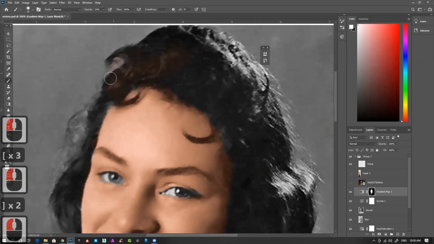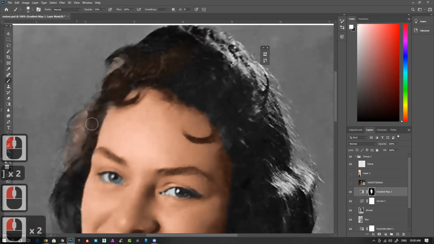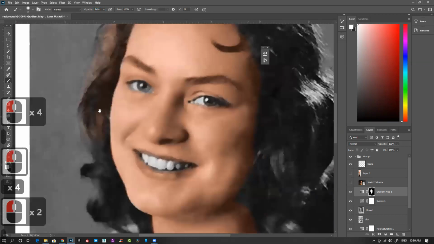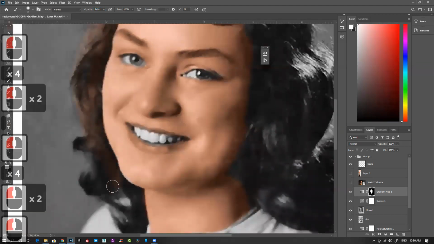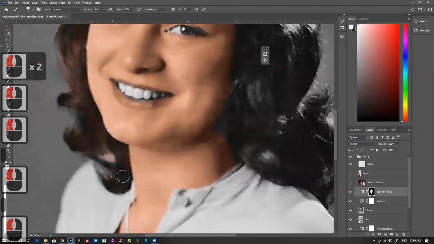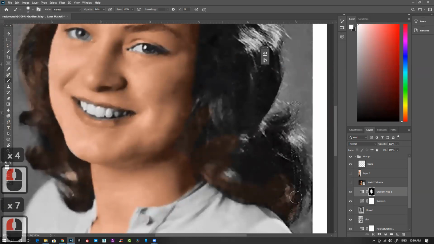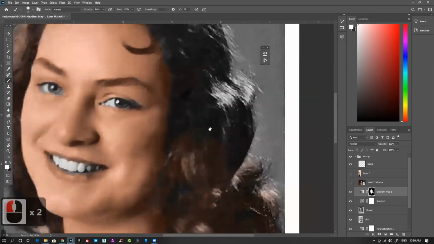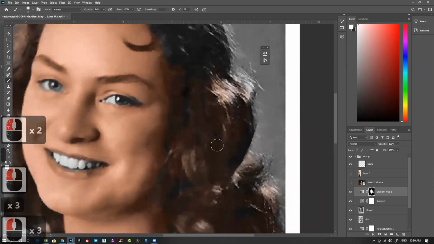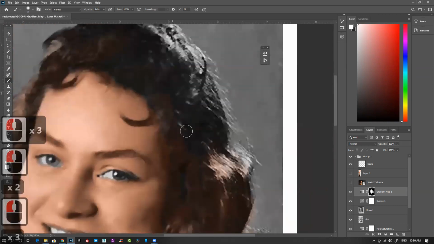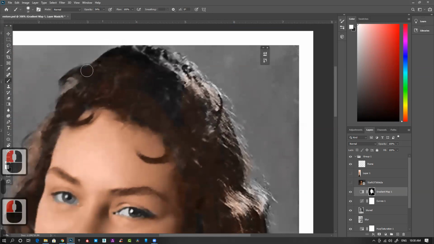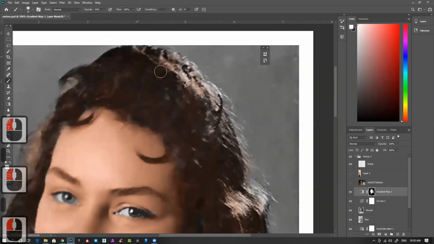Now it's not 100% white, it's more of a gray color, and I paint over those hairs slightly. I'll get that nice brownish tint all over it.